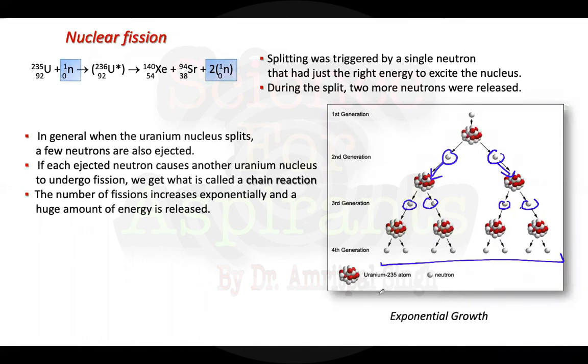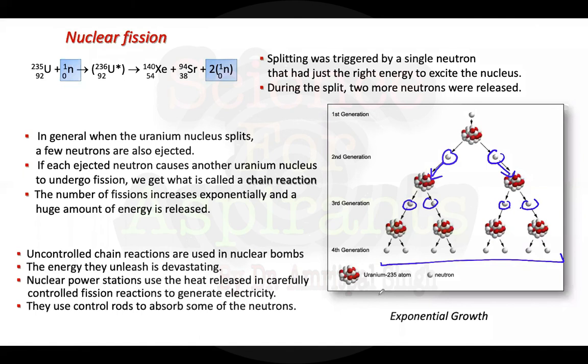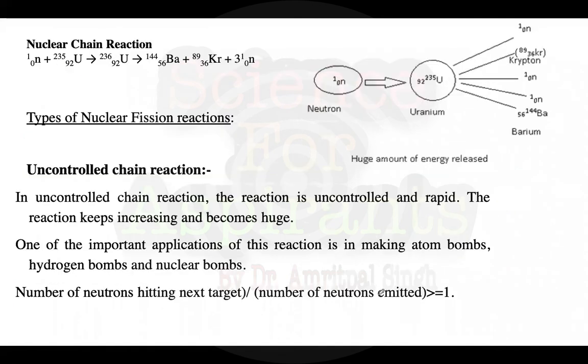If we do not control it, it can explode our nuclear reactor. So there are two types of nuclear fission reactions. One is the uncontrolled chain reaction, which is not controlled, and the second is